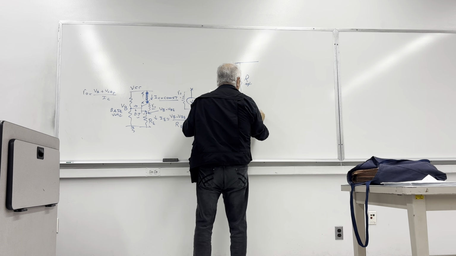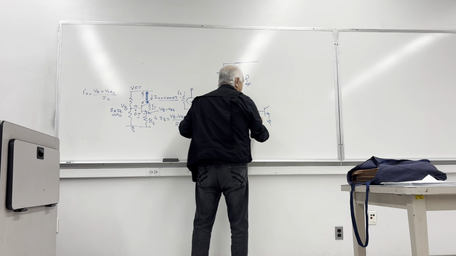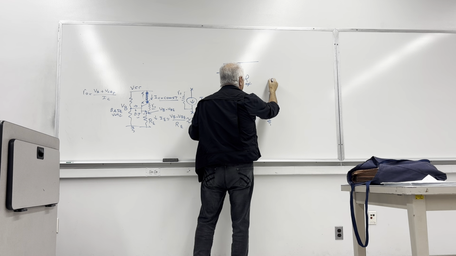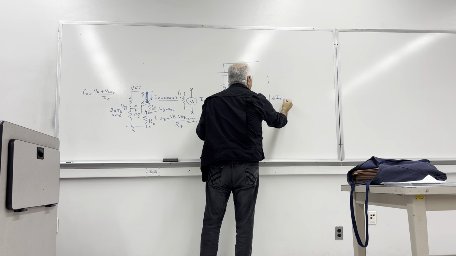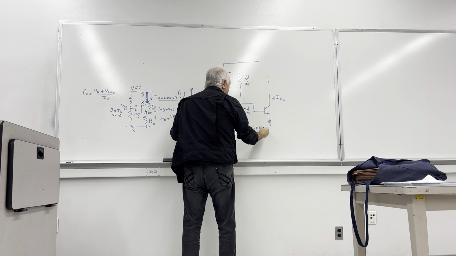And you take it to another identical transistor, and you take it to somewhere, IC2. If we assume transistors are ideal transistors,